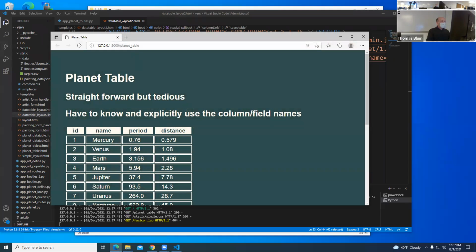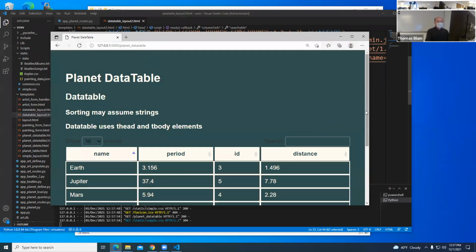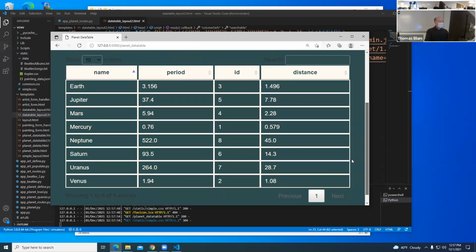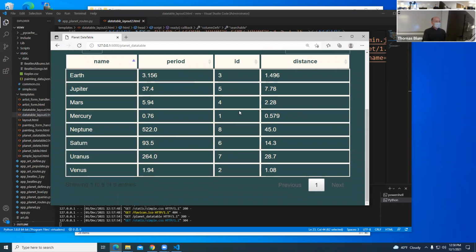Okay, so here's the table. Here's the data table. That's the first version of the data table. And we see here it has the IDs, it has the name, it has the period, it has the distance. It controlled the order of these things. I sort of lost control over that.